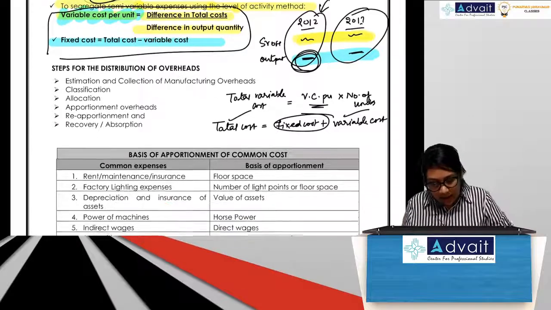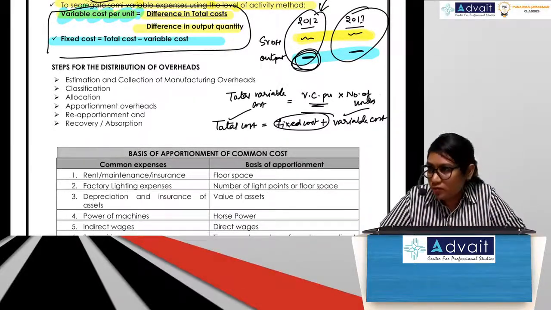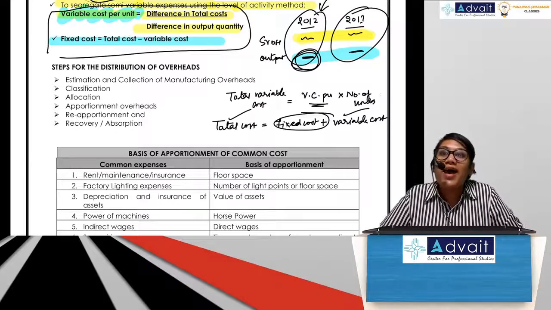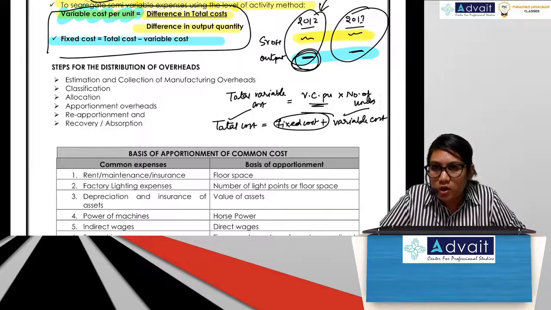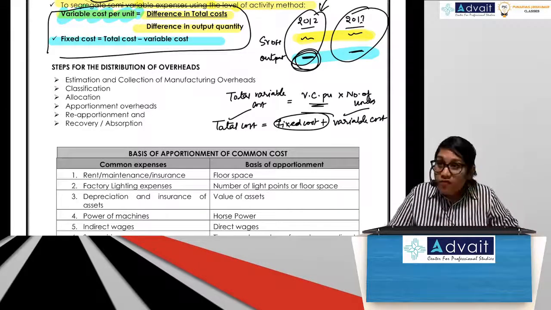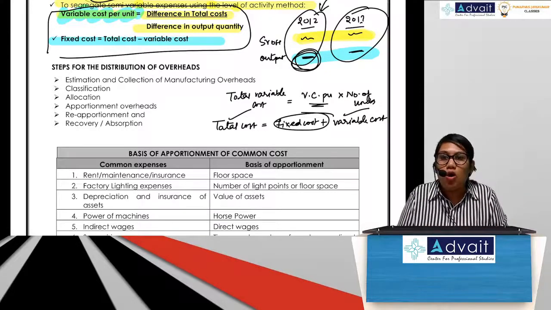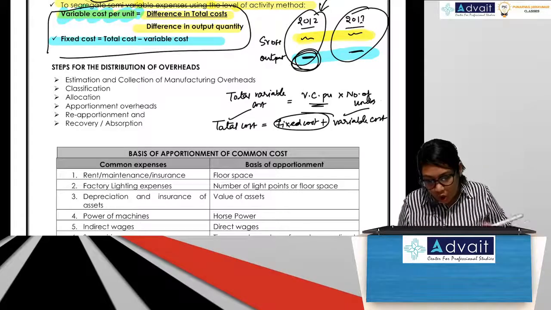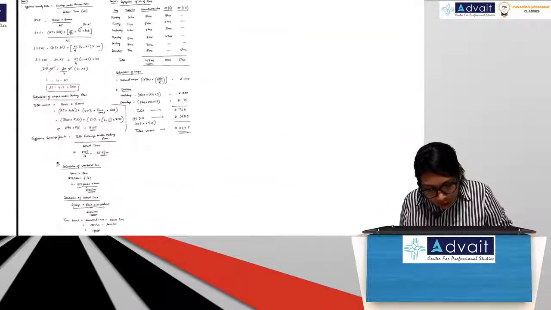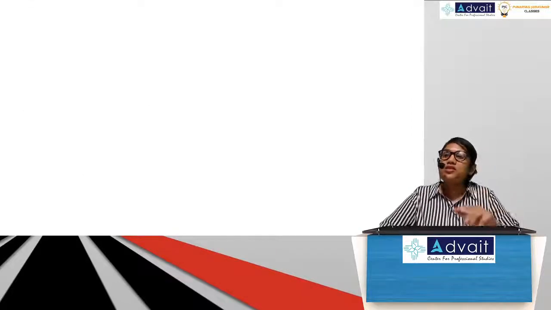Okay. Now, coming to the crux of this chapter. Why are we doing this chapter? What is the reason to do this chapter? Why are we following all these steps? Why are they required? How are they required? All of that we're going to understand in this part. So what we essentially need to understand is, yesterday also I told you,